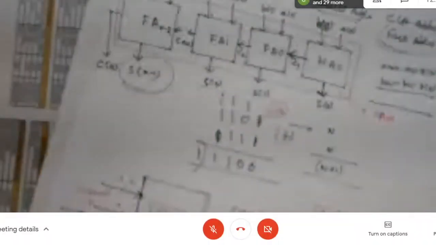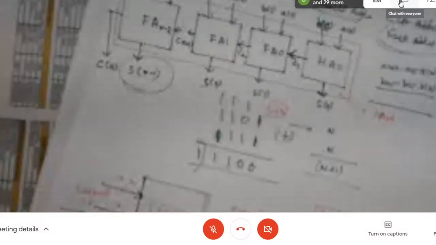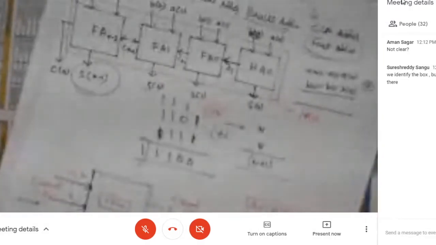Immediately at the moment when you applied the input, you cannot expect the output. You need to wait for some time to get the output. What is that some time? If it is 4-bit, the time is different. If it is 128 bits, the time is different now. So based on the computation complexity, the number of bits you wish to add, you need to decide the time, and then we need to wait to get the final result now, right?